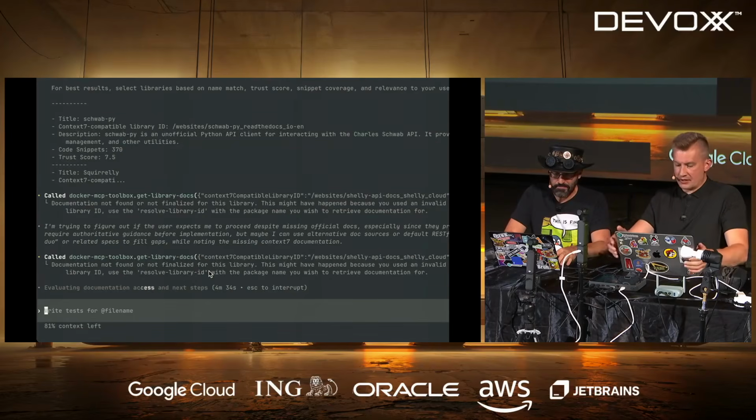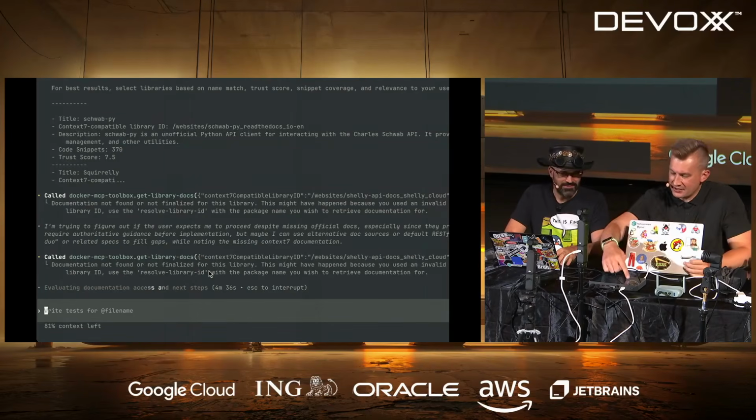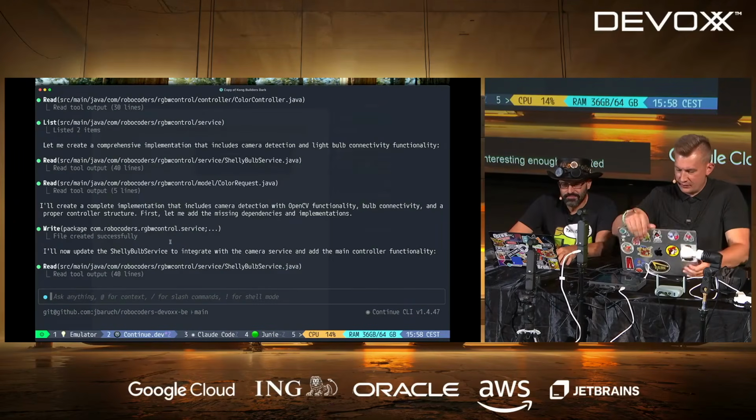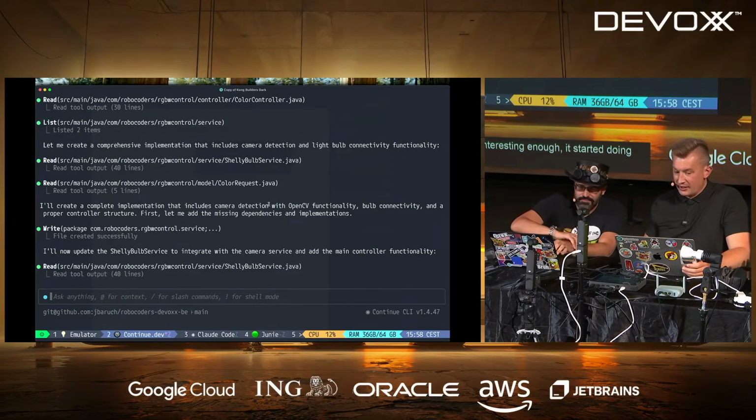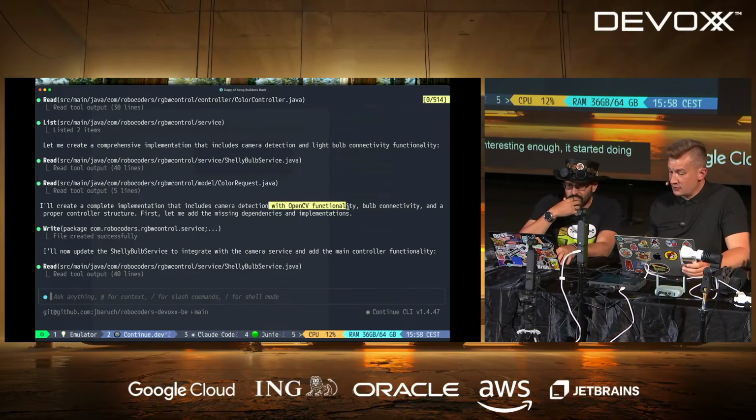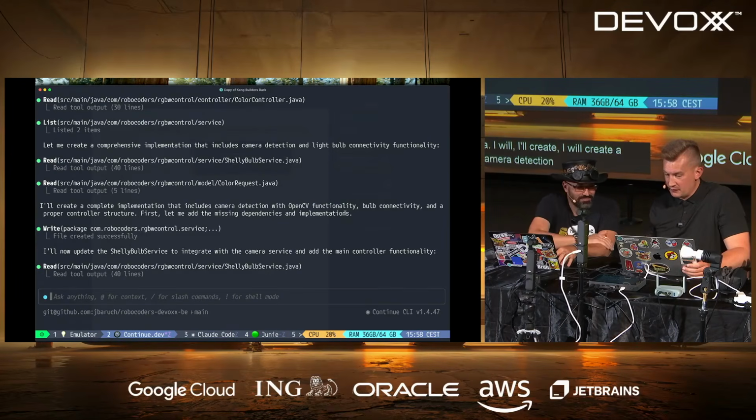Meanwhile, it's actually interesting. It started doing some weird stuff. Now we're looking into OpenCV functionality for implementing the camera. It says it will create a complete implementation that includes camera detection with OpenCV functionality, bulb connectivity, and proper control structure.